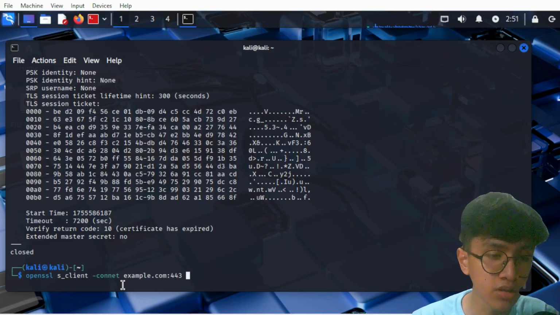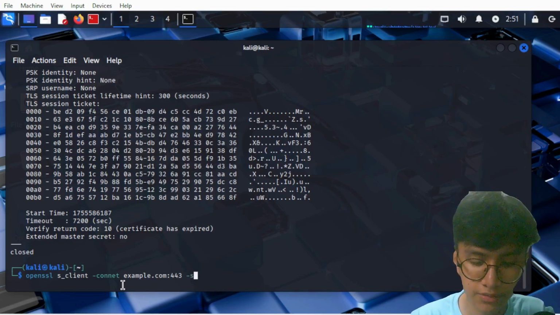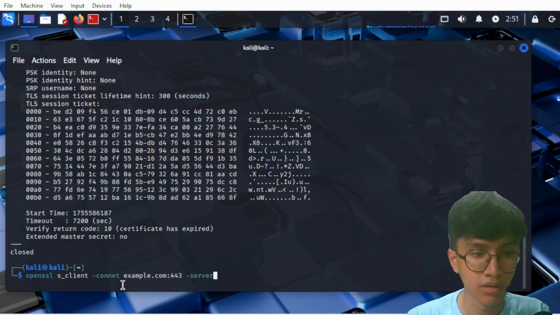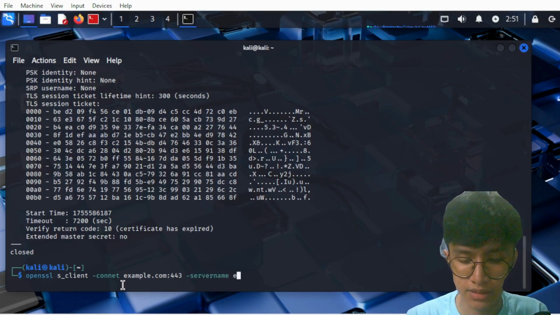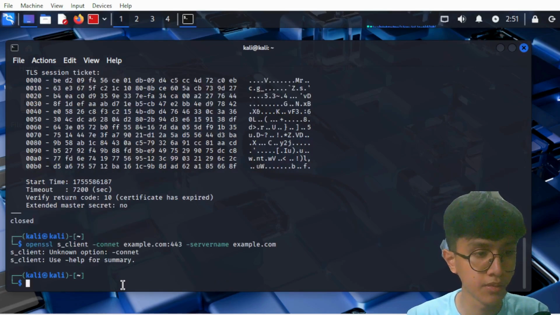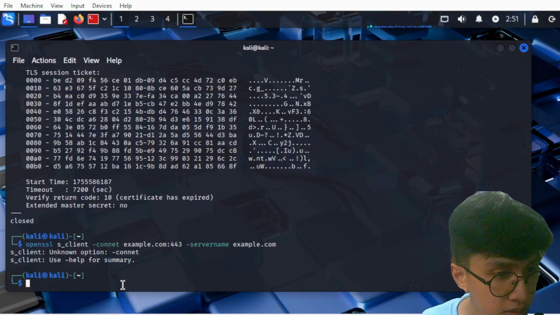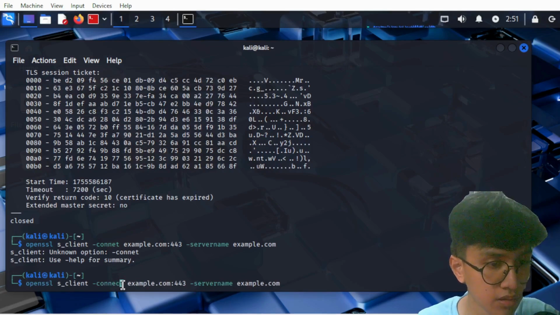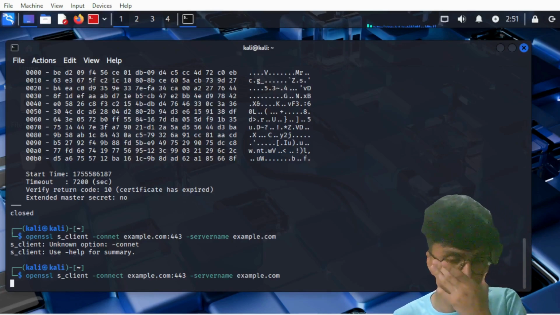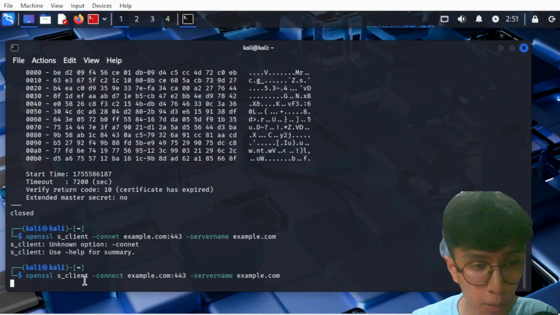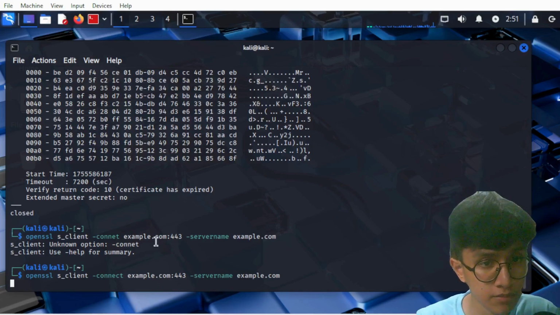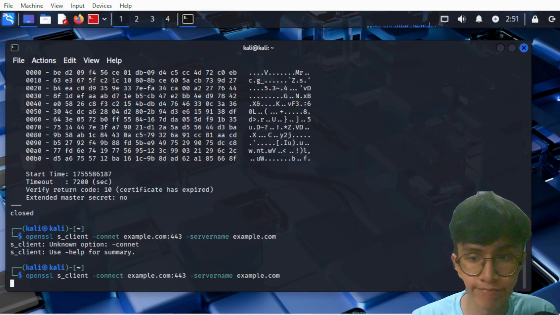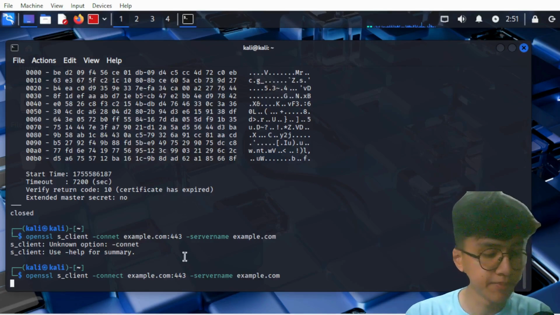We're just trying to learn something here. Server name, example.com. Connect. Let's just wait, it's gonna take a long time.